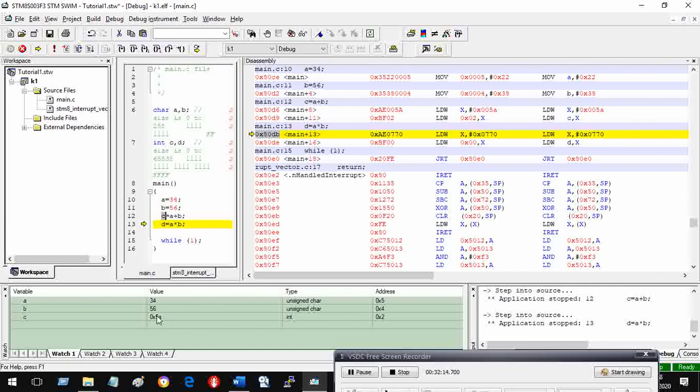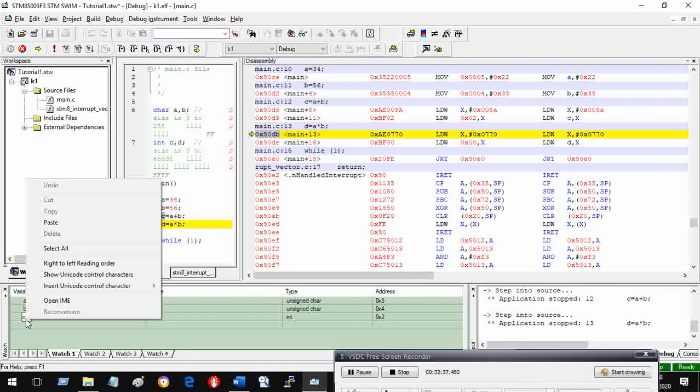And what is the value here? This value is 5A, that is 90. Let us verify. 4 plus 6, 56 plus 34 is 90. So it is 90. Let us put it in the decimal form. So what do you do? You go to the variable name, then right click.